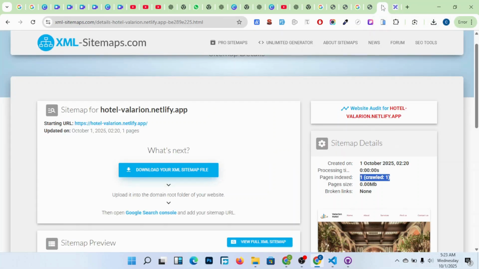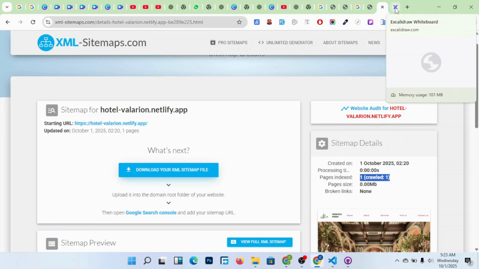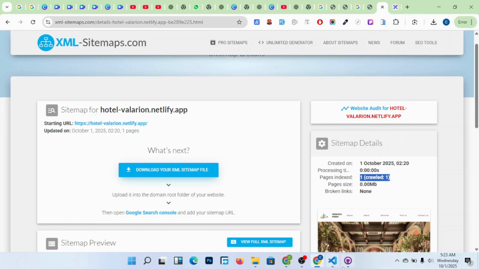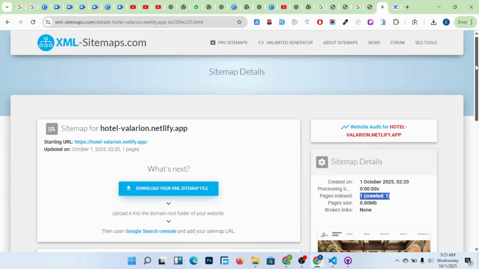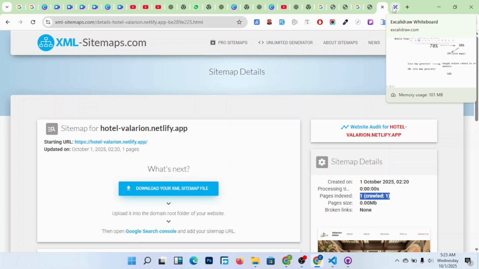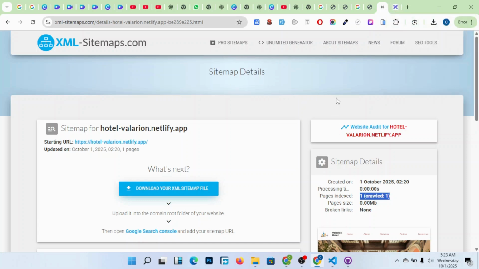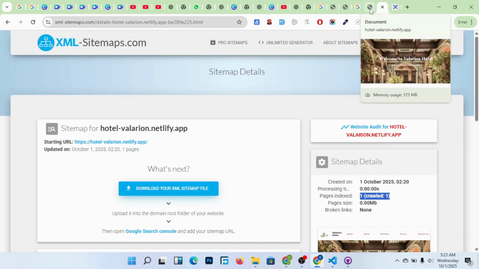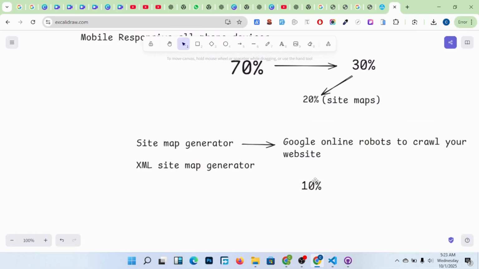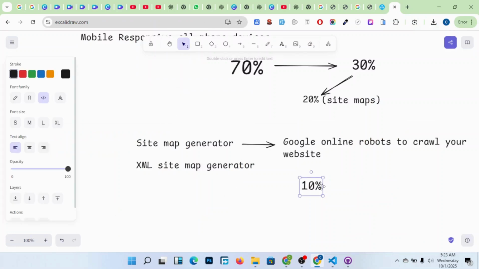So as you can see here, let me see if it has pushed. Yeah, it has pushed. So members, as you can see, I've pushed all that. Right now, what is left is setting up Google Search Console.